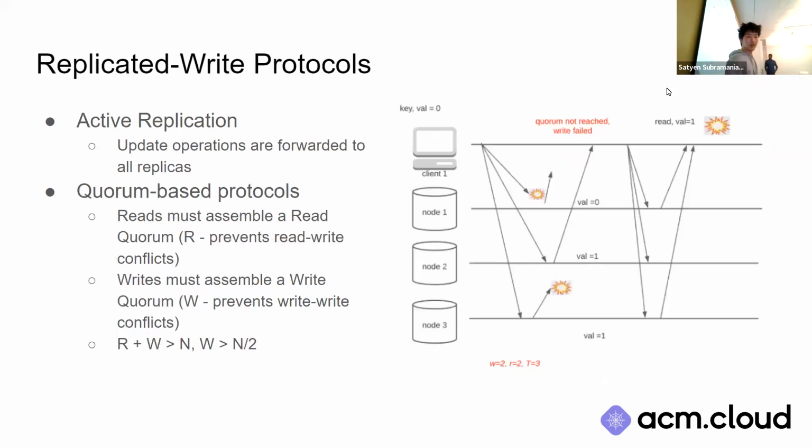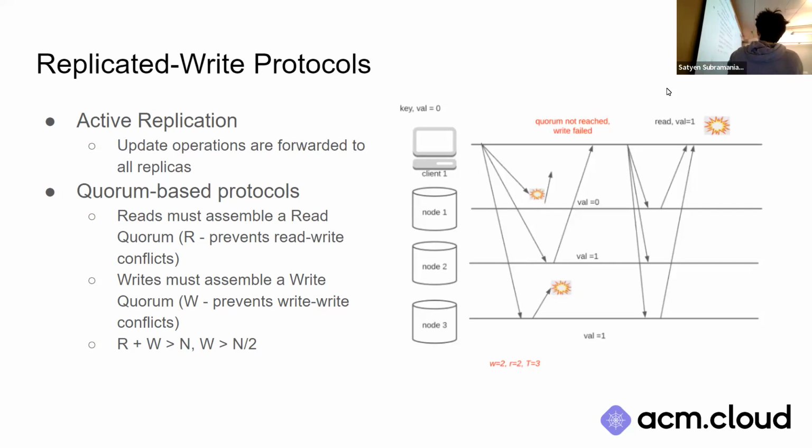Okay. Now, here's an example of a replicated write protocol. As we saw before, we had a primary and a backup. Now, there's another way to do this where we don't actually have a single point of failure. Like if our primary database comes offline, we're kind of screwed. So one way is to have a couple active replications, and we just basically have all the servers vote on which version to accept. And so basically, in order to read,